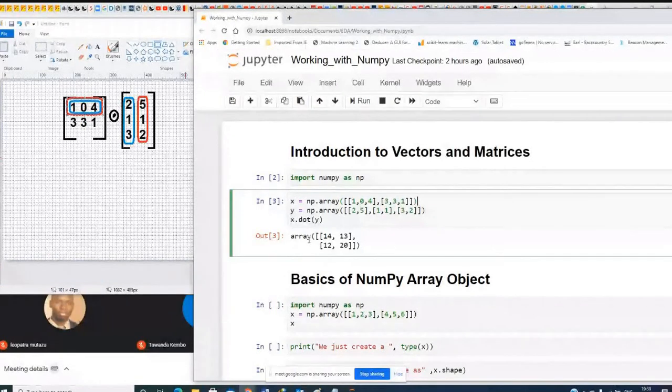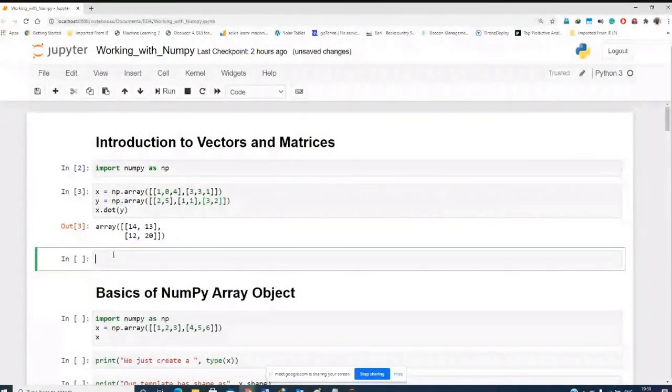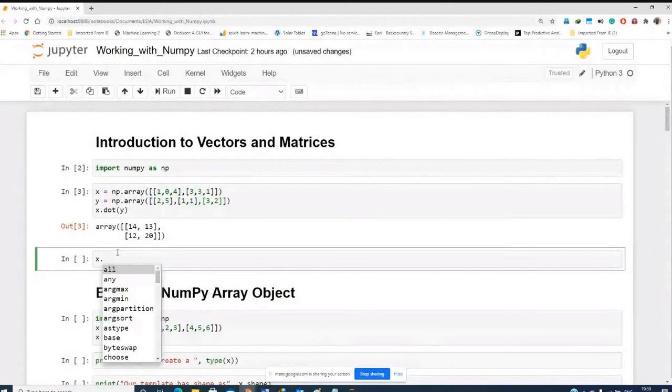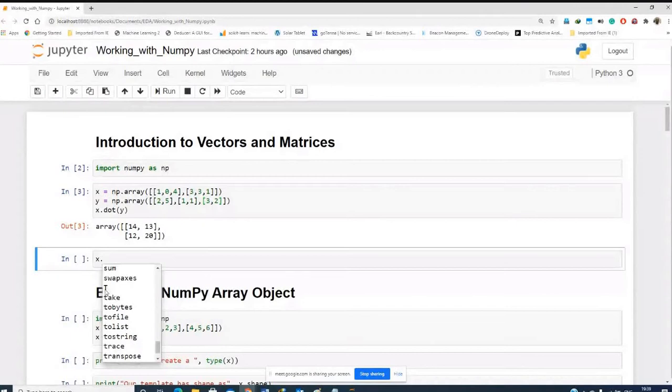Right. So if I come here, you can see my screen, right? Yes. If I say x dot and press tab, it will show me all the different matrix operations that I can do. I can do conjugate, I can do copy, and so on. All of these operations you should be able to do. I can then do transpose, right? T is for